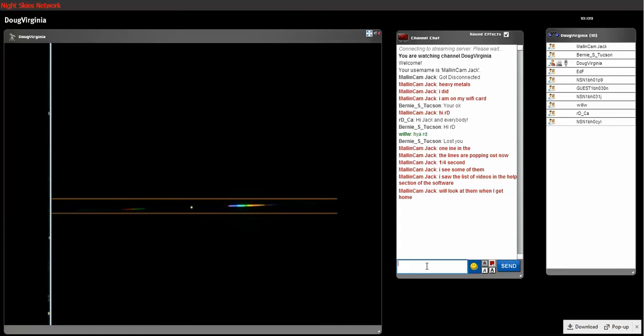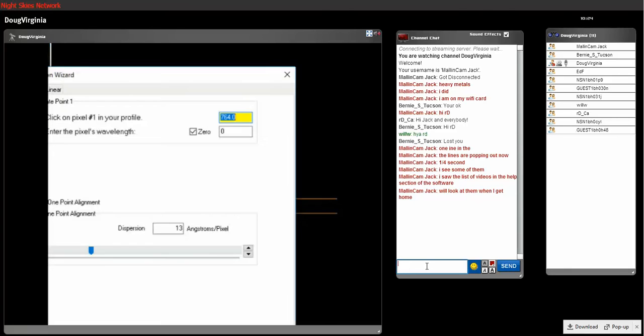Now, looking up at the top, I don't see any notch for the beta line of hydrogen, but let's see if we can see it there after I magnify the thing. So let's calibrate the spectrum. And I would do that by resetting our numbers here. And I want to grab a new